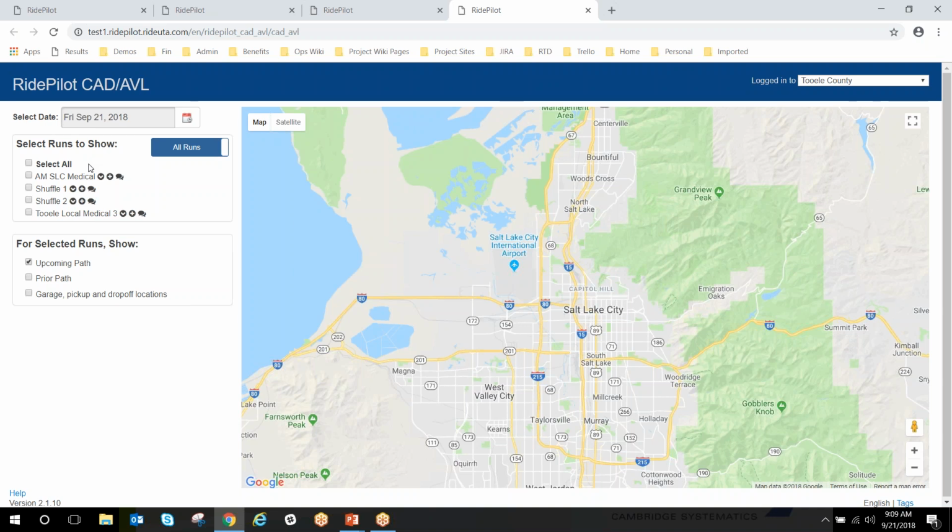Down below the date, it first lists all of the runs for the date, and then below that, it asks what would you like to show for the selected runs. For the runs, you can have this list either show all of the runs on the day or the incomplete